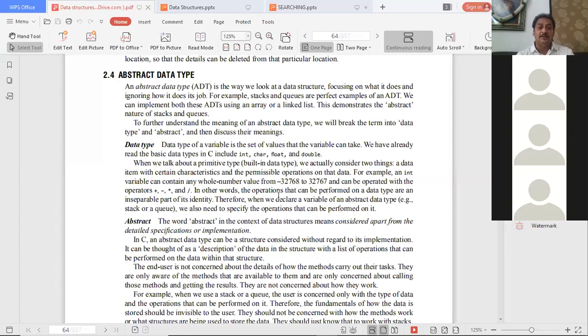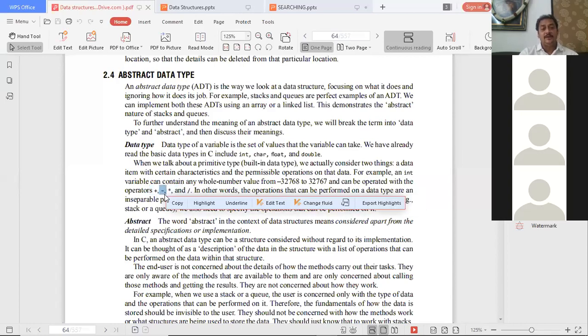If it is an integer, we use plus to add two numbers, minus to subtract, a multiply operator to multiply, and a divide operator to divide. We can perform a good number of operations using all those data types. That is part of data type.